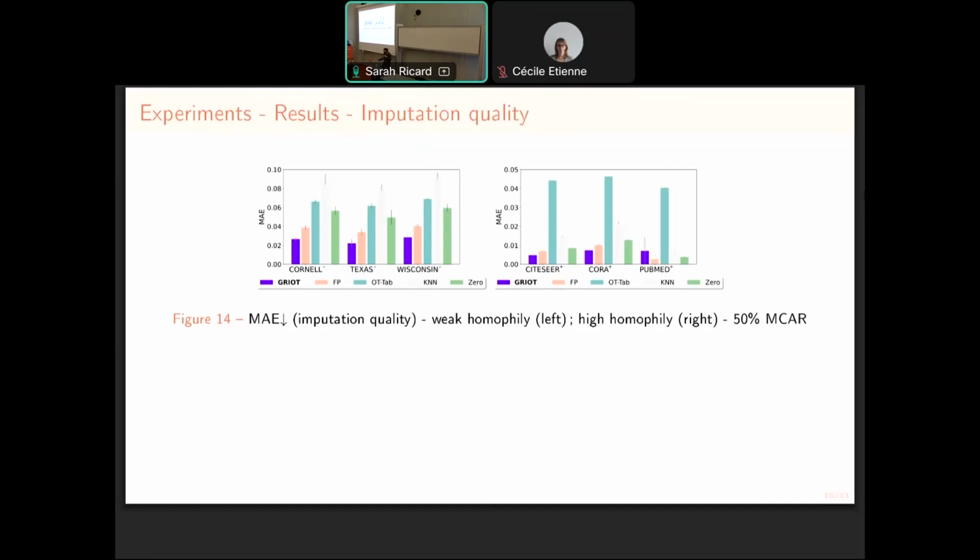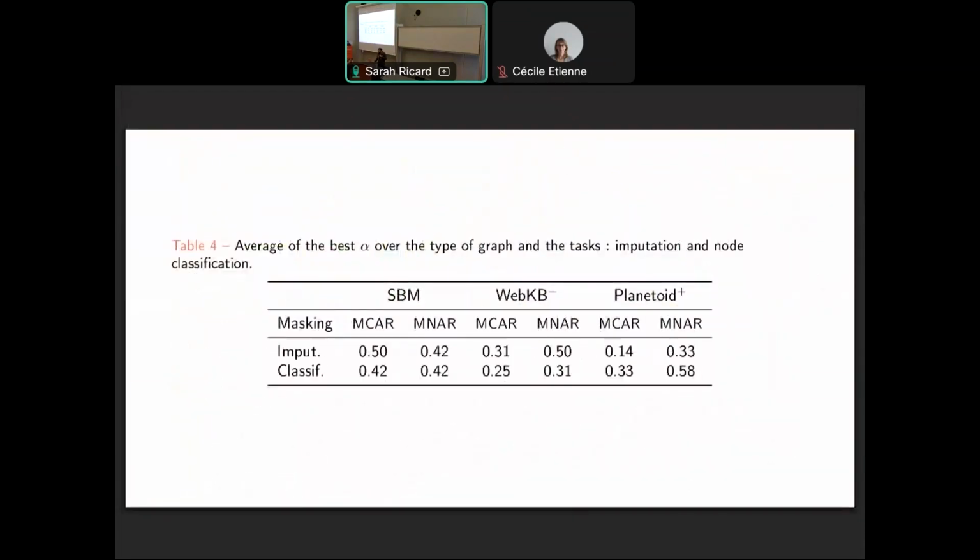What we observed is that it's really rare that we don't take into account both, because alpha being 0.5, for example, means that it is equivalent between structure and features. Sorry, this is the table of which alpha is the best. So you are taking advantage of both representations,